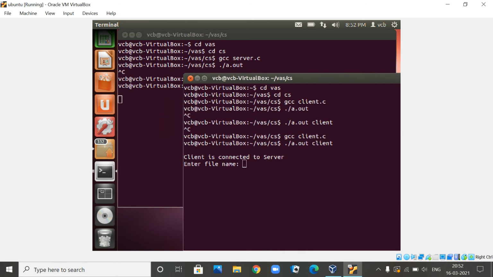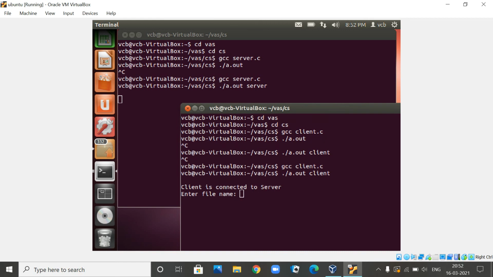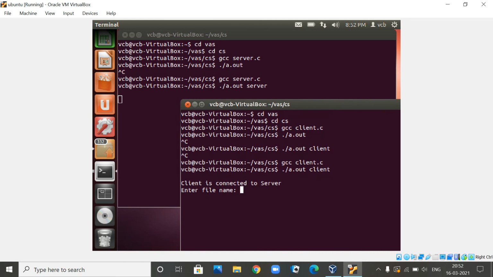Now you can see, ./a.out server, so this terminal, the server, is running.